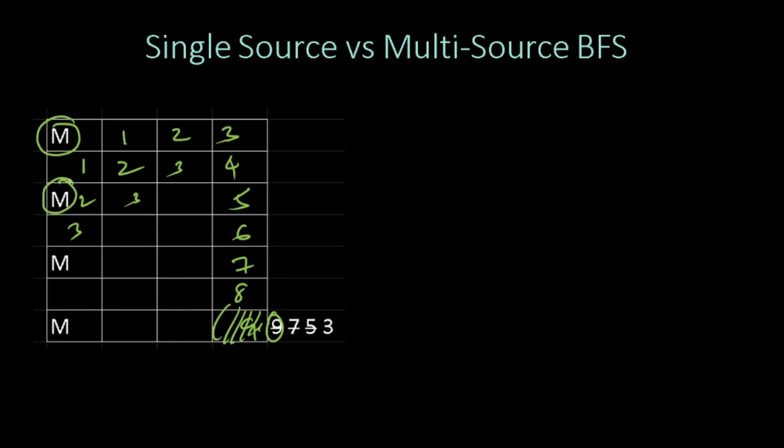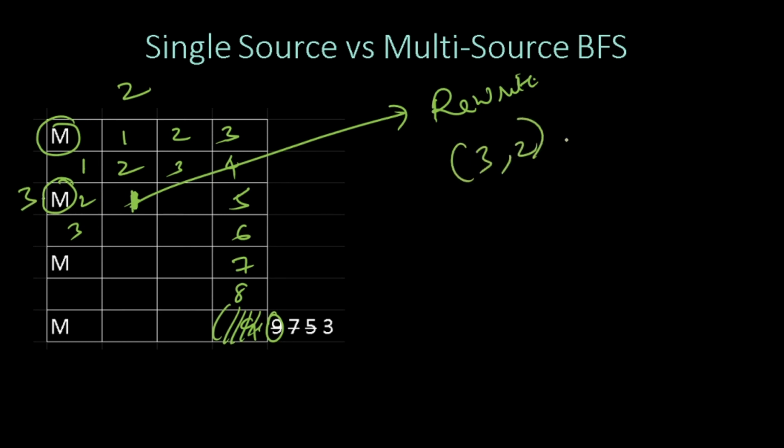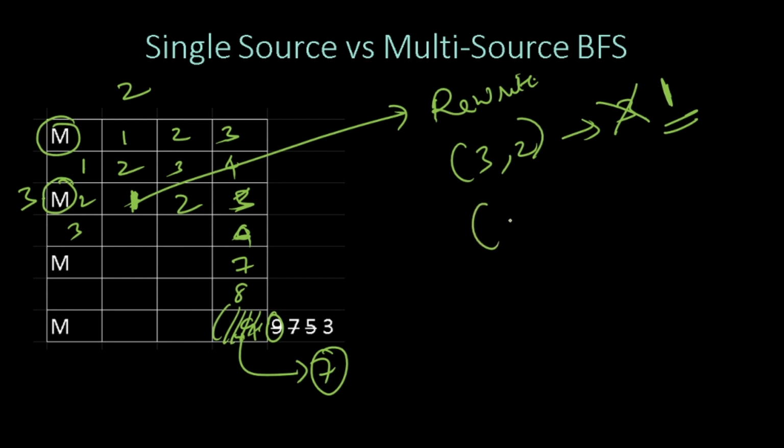When we process the next monster, we realize that this point gets contaminated at the first instance of time itself. So we do a rewrite. Specifically, this is the second column, third row. So we say 3, 2 is not contaminated at unit 3. It is contaminated at unit 1 time. Similarly, all these get rewritten and eventually we will rewrite this to 7. Okay. So the corner square gets rewritten to 7. Okay.